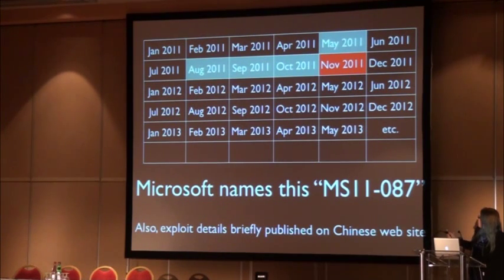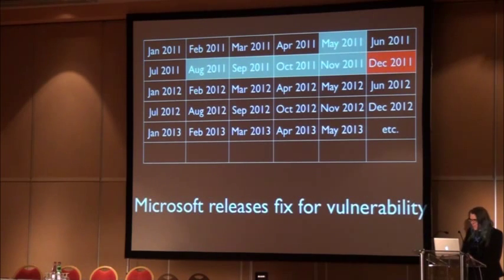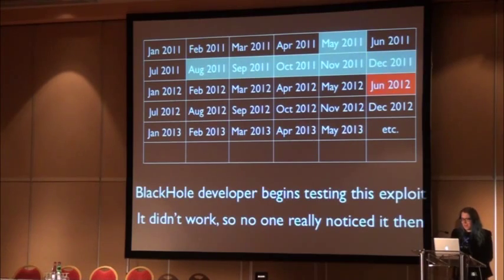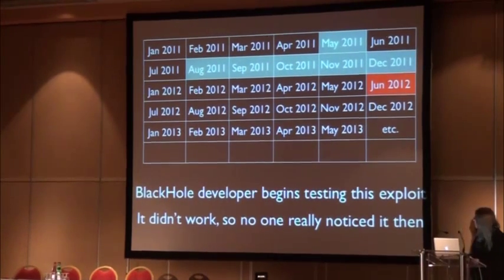So Microsoft officially named it in November, and started patching and so forth. And then also, curiously, this is about when I started looking at it, and while searching for information about it, I discovered that there was a Chinese website that actually had a copy of the exploit on it for a couple of days, and then it went away. I don't know what the story was with that. And then it was fixed, and the patch was released at the beginning of December. And then not much happened for about 6 months.